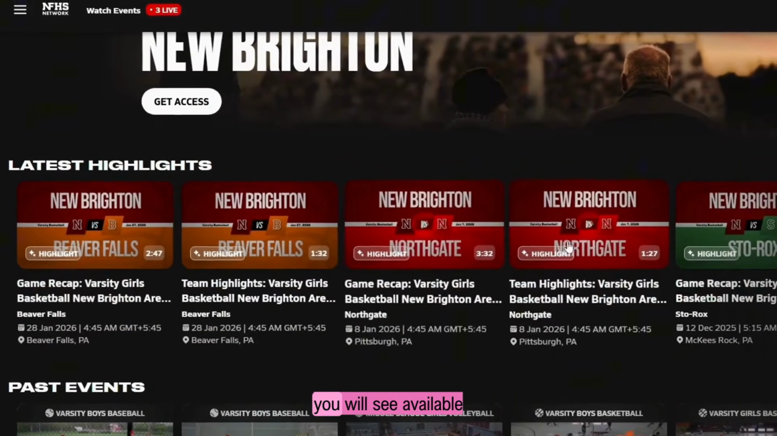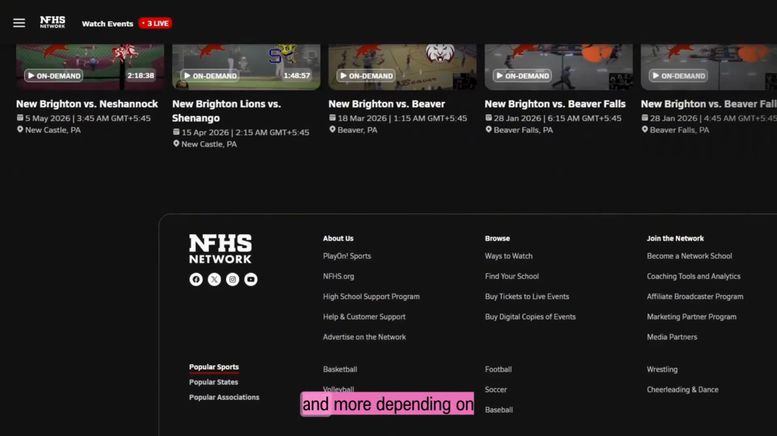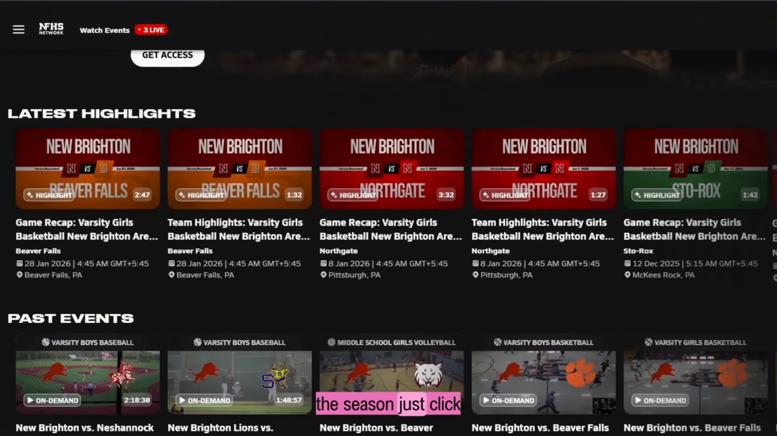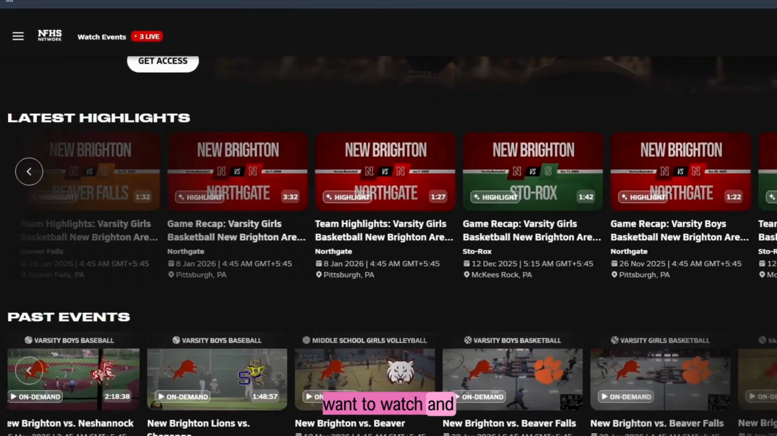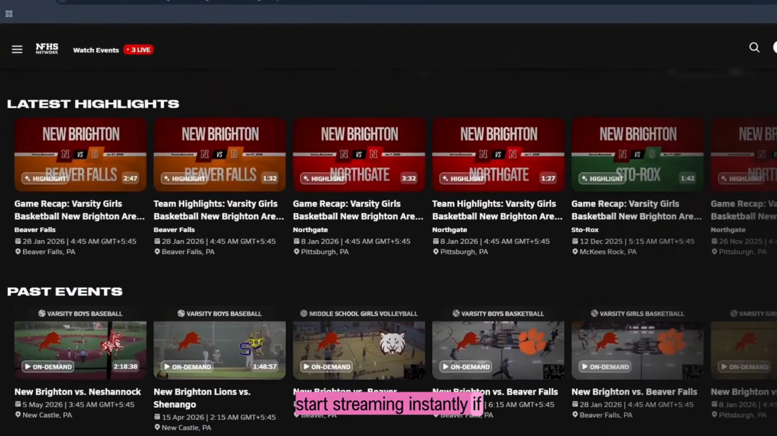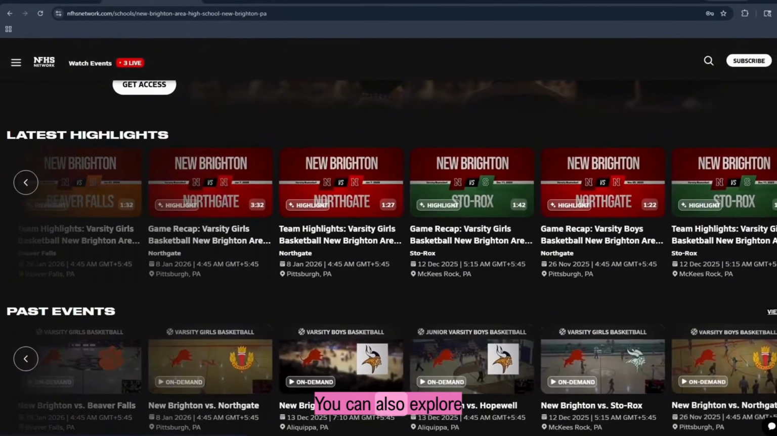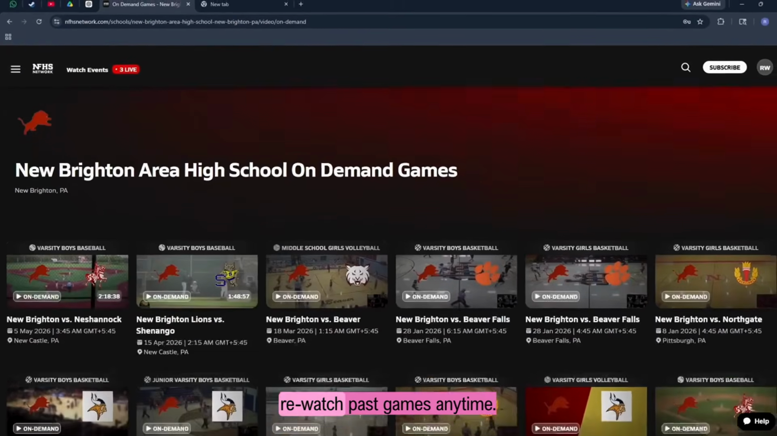Once you select your school, you will see available live and upcoming games, including football, basketball, volleyball, and more depending on the season. Just click on any event you want to watch, and if it's live, press the play button to start streaming instantly. If it has not started yet, you can set a reminder so you don't miss it. You can also explore the on-demand section to rewatch past games